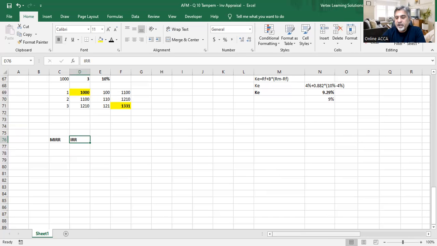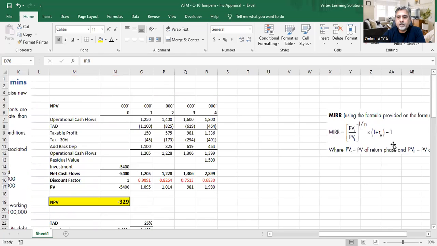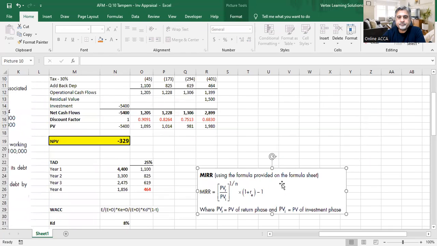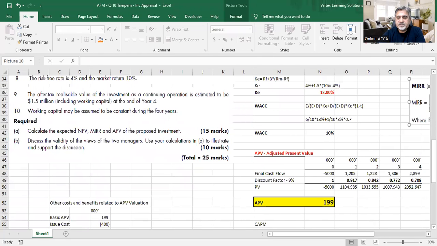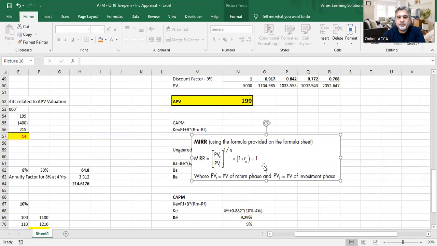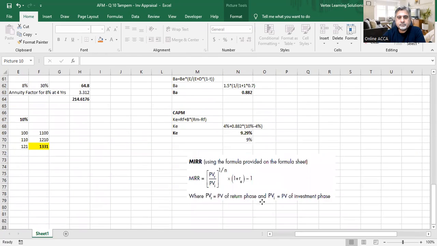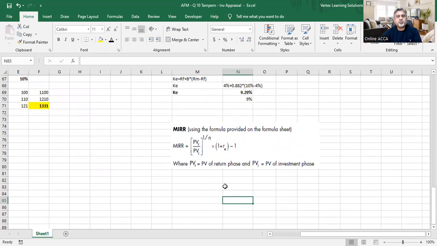Now, what do we have here? We've got a formula for MIRR here. Let me just drag it, because I just want to explain the formula and then move on. So this is the second part of the question, third part or second part, whatever you may call it: find out the MIRR. Now, the formula itself says that